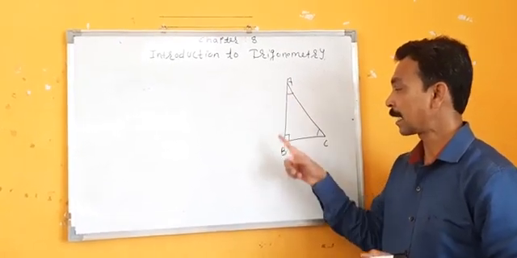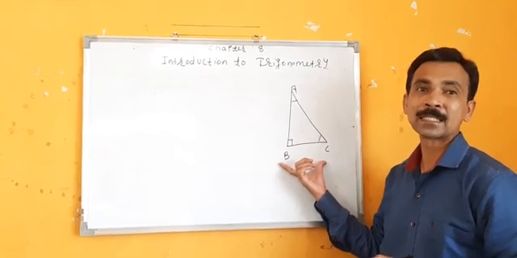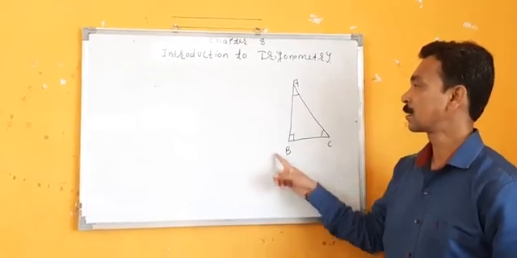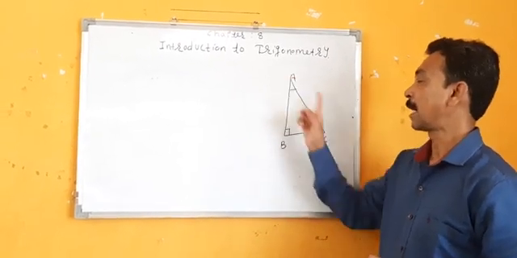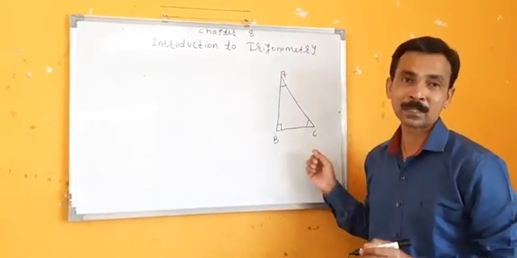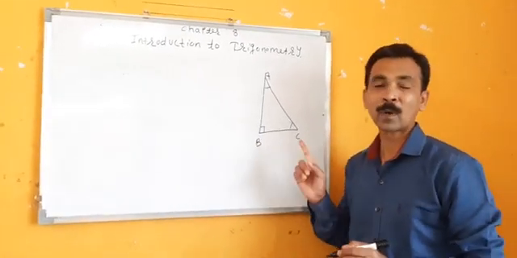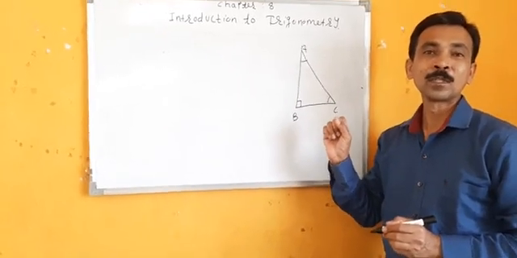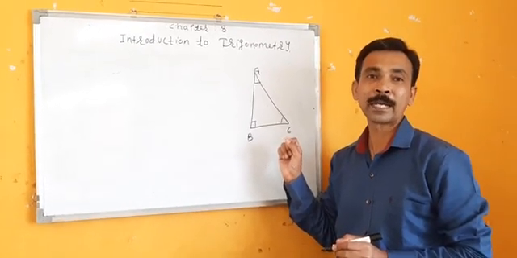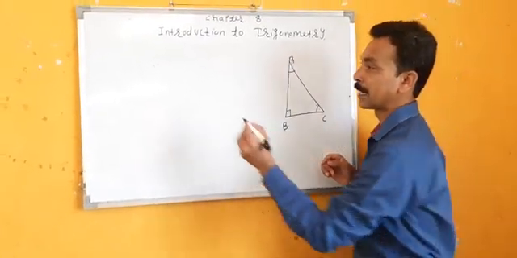Now, look here in this right angle triangle. BC is what? Base. AB is what? Perpendicular line. And AC is what? Hypotenuse. To solve the sums, one statement or one line is very important. That will help you to keep all those ratios in mind with any reference angle. That statement is